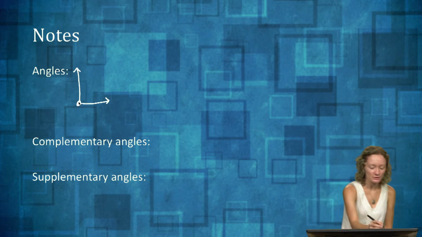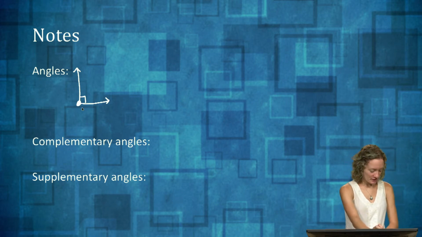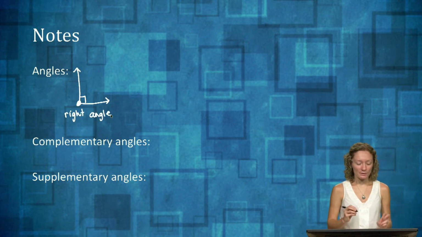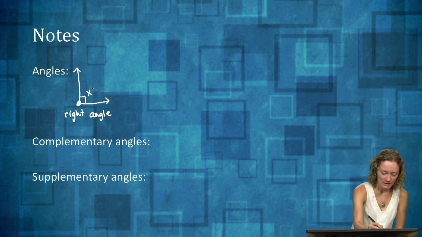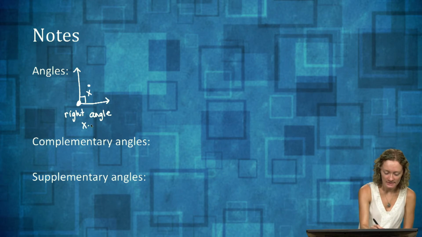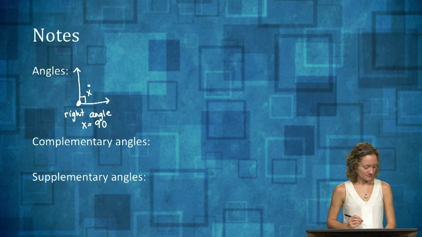The first one that I've drawn right here, maybe now that you're seeing it, this little box in the corner tells you that it is this special angle. This is a right angle. And what makes it a right angle, what makes it special, I'm going to label the angle created here as x, is that it is a 90-degree angle. That little circle up top is for degrees. Okay, the second type of angle that we have,